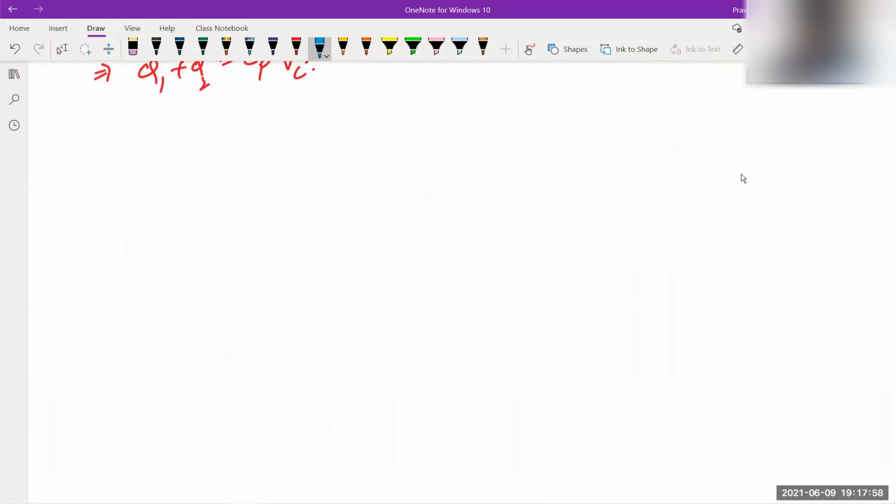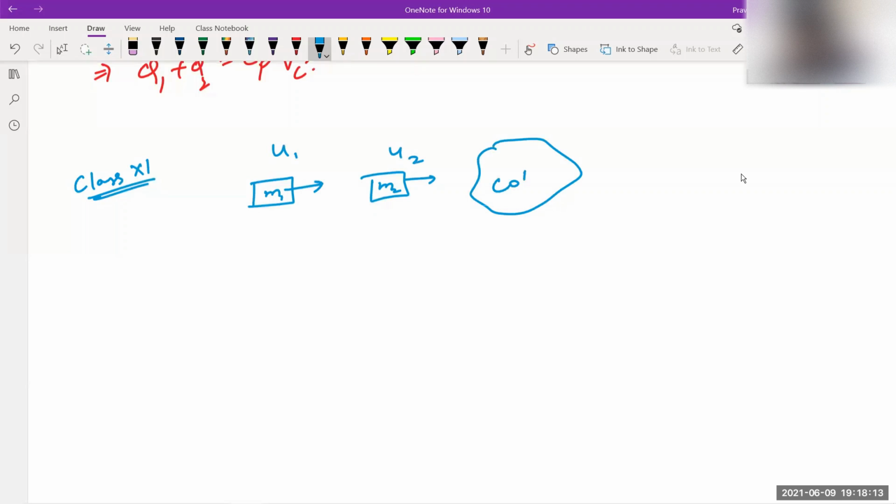So just for a minute, I want to show a little bit of symmetry in physics. So we are going back into the class. In class 11th, we had studied that when we have two blocks of masses m1 and m2 moving with initial velocities u1 and u2, there is a collision, like they show in the cartoons, with dust and clouds. Now the first and the second block have velocities v1 and v2.